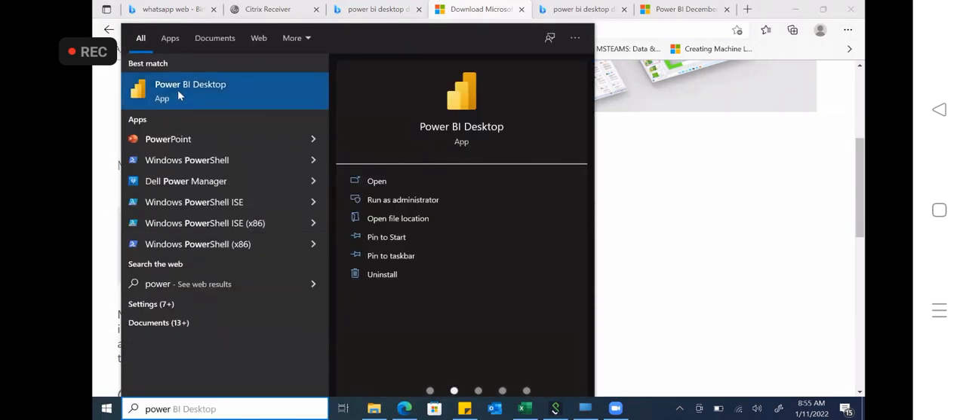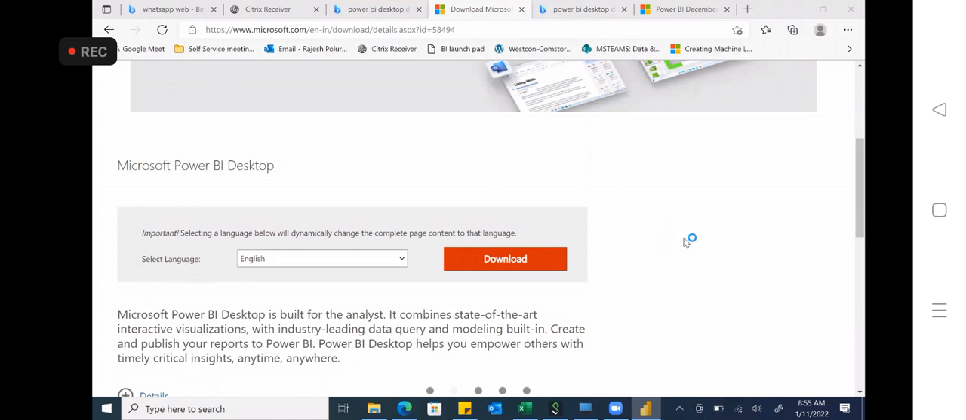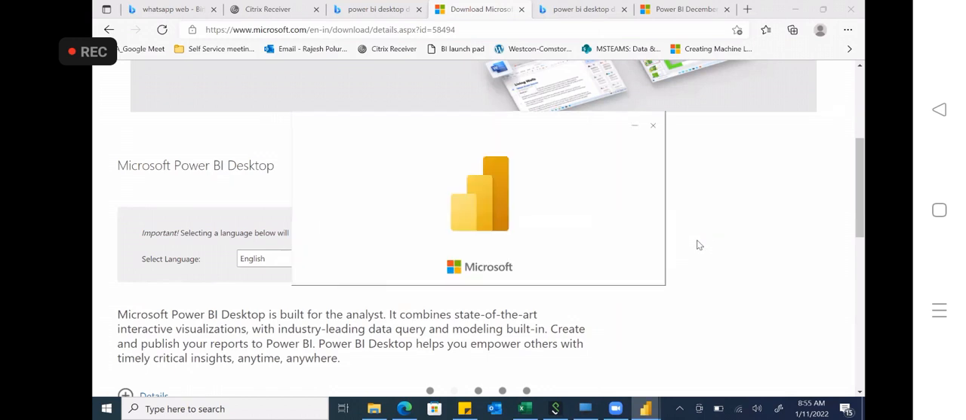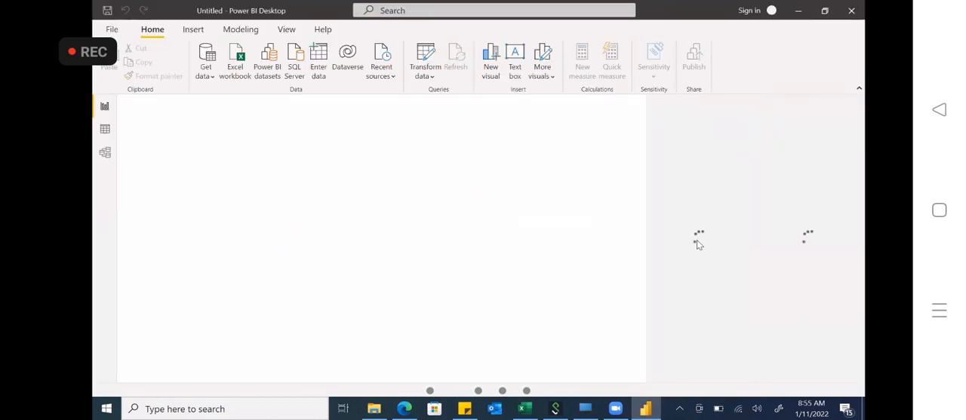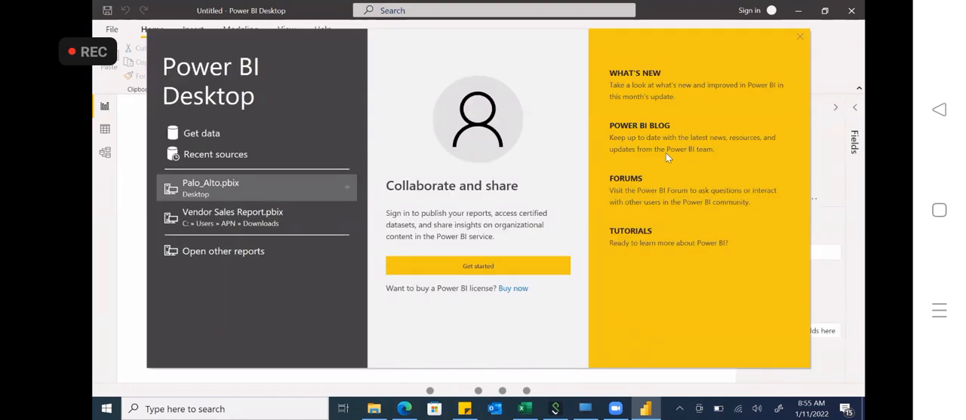See now, once it is downloaded, just click on Power BI desktop. So it will be like this. It will ask for your credentials. Just ignore it, just cancel it. Without your credentials also, you can work on it. But in companies, in real time, whenever you open the Power BI desktop, you just need to click on